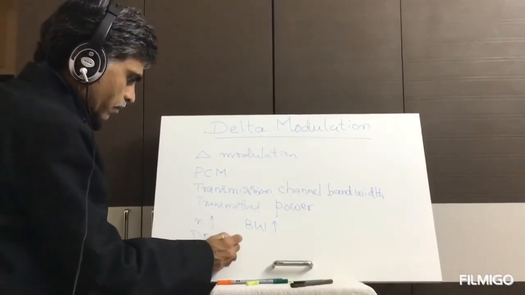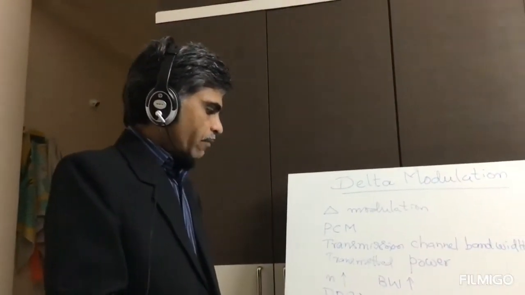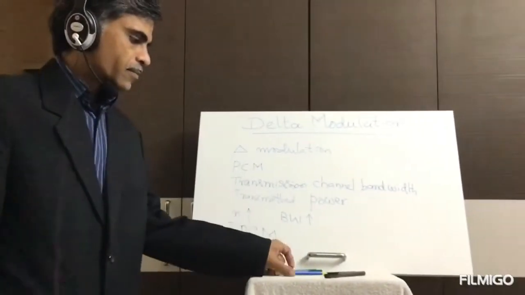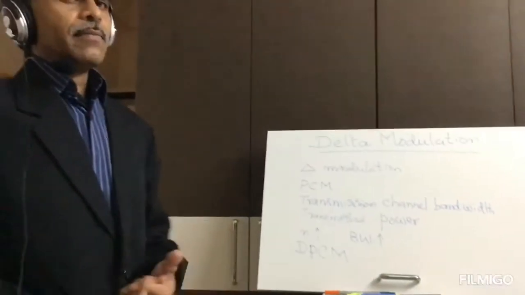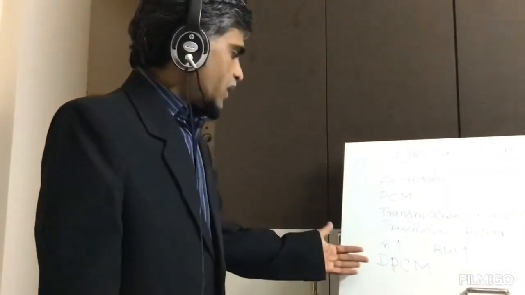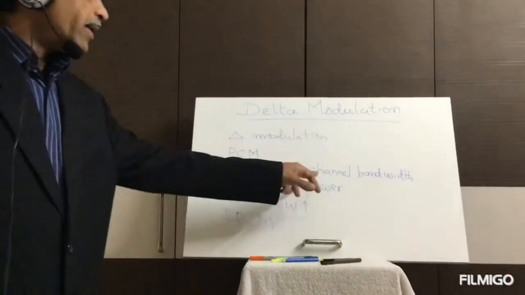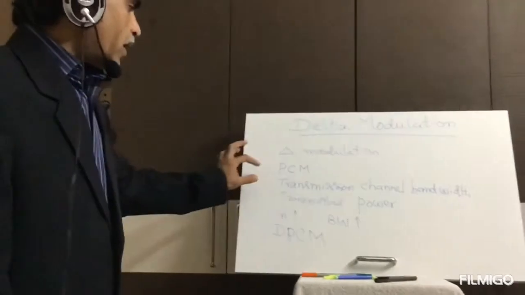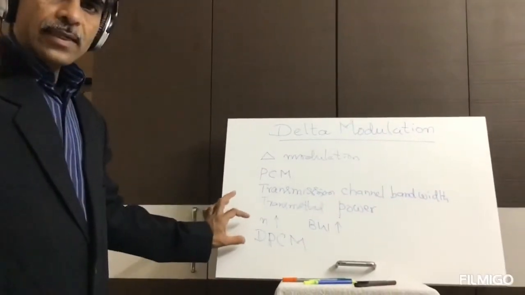DPCM. It is expanded as differential pulse code modulation. What is the mechanism here to implement this DPCM, and what are the merits of DPCM over PCM? As I said earlier, as we have to conserve the channel bandwidth, we are moving from PCM to DPCM,